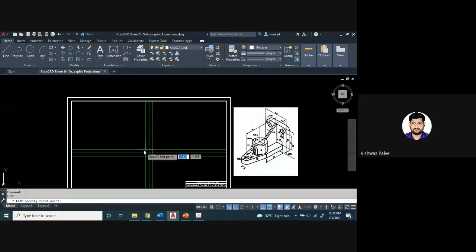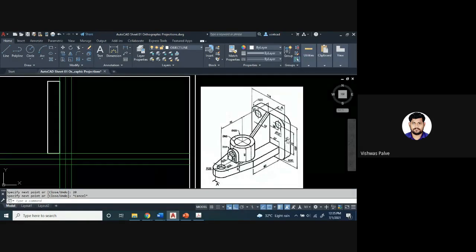L enter, vertical distance of 130 millimeter, horizontal distance 20 millimeter, again vertical distance 130 millimeter, and then 20 millimeter. So we are going to draw this portion, right? 20 millimeter and 130 millimeter at the base. So this portion I have drawn first.